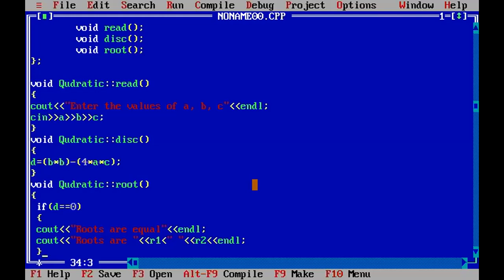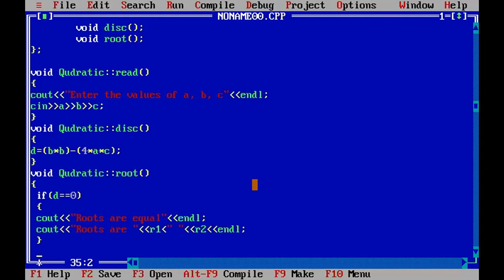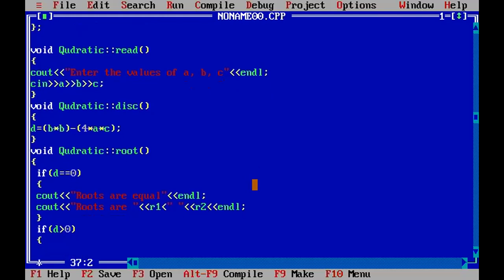If d equals 0, then the roots should be equal, then print your R1 value and R2 value. The second condition is if d is greater than 0, then we are supposed to print two different real roots, which is R1, where it is minus b plus, anyhow I have calculated the b square minus 4ac, which is sqrt of your d.